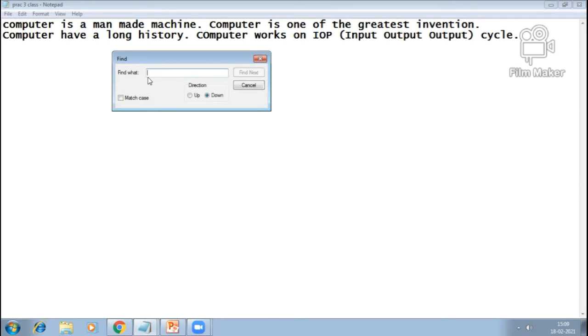So we have to write the particular word which we want to search from a page or text. Suppose I want to search the word computer. First, I have to write the word computer and then click on the find next button.